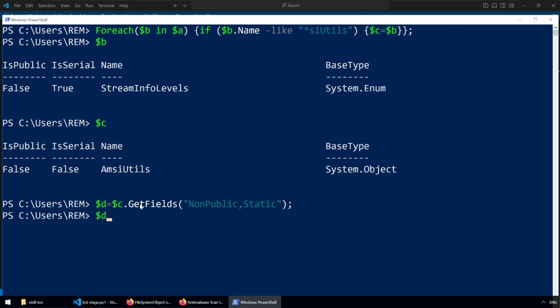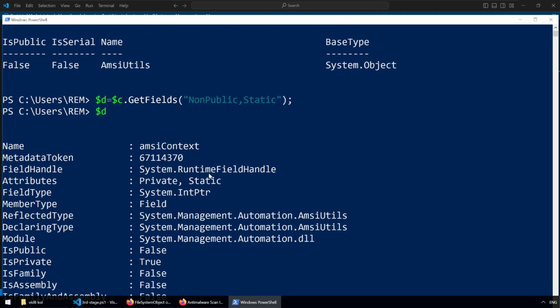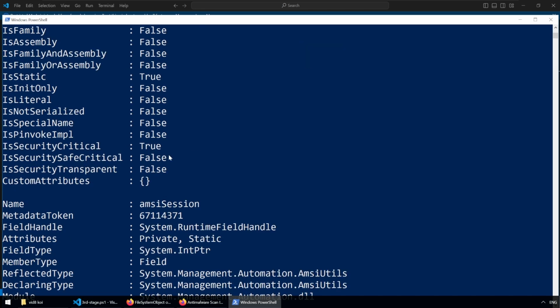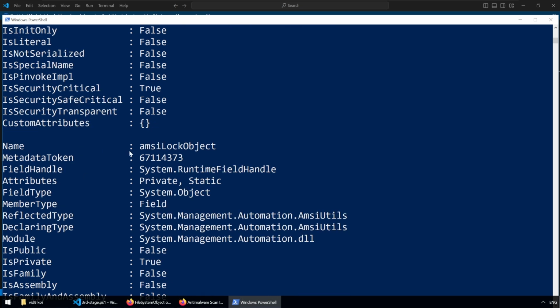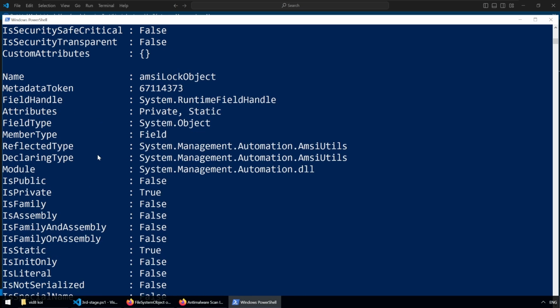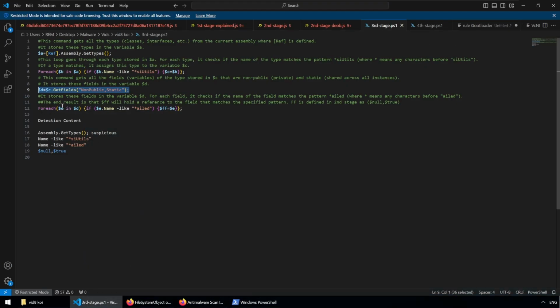And then let's have a look at D. So this is get fields for AMSI context, AMSI session, AMSI init failed for all these names, and then AMSI lockout. So it's pulled out all of those, and then the final